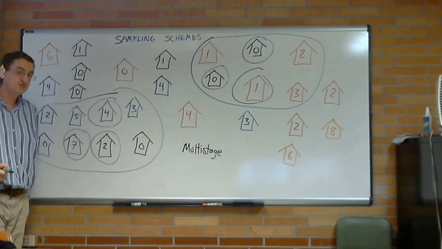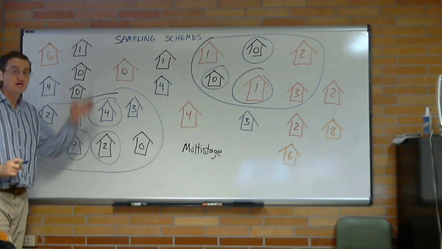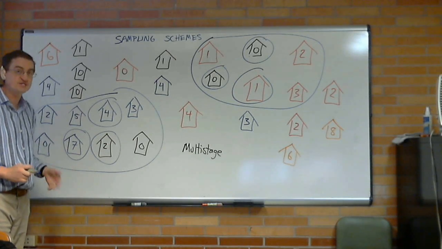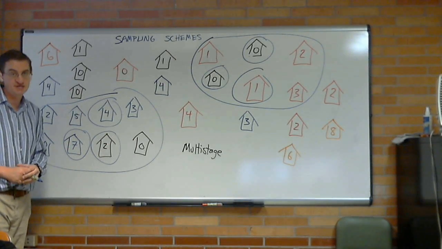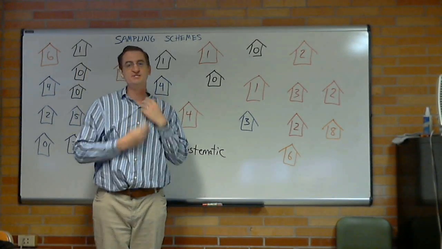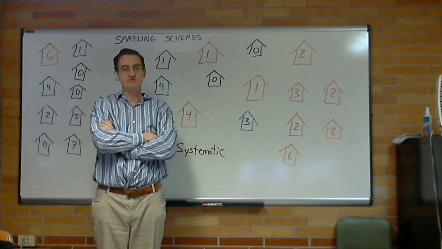It is called a multi-stage because selecting clusters was one level of the stage, selecting homes inside the cluster was a secondary level of that stage. Now, our next type is a